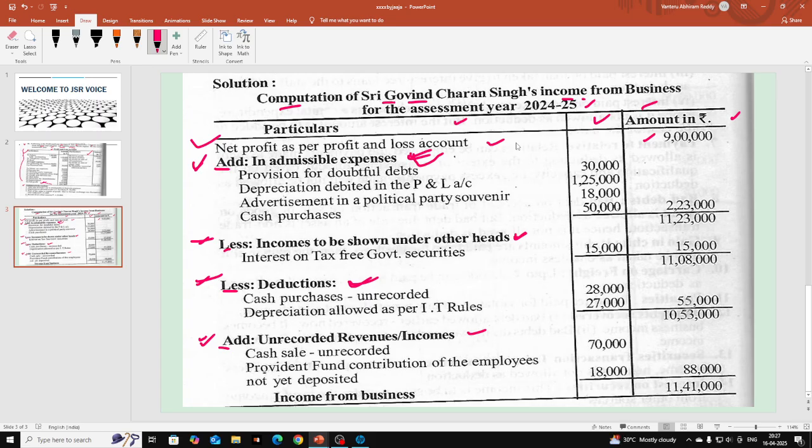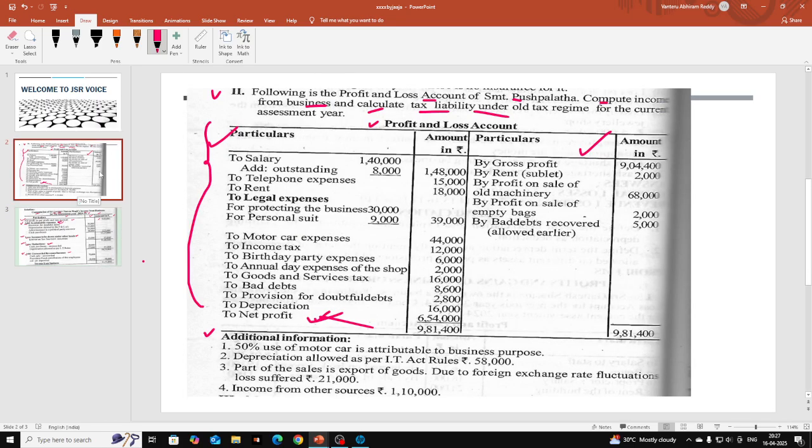Okay, so cash purchases also we should record under inadmissible expenses. Okay, so if there are any personal expenses related to the owner, those also we should record under inadmissible only. Remember all this. Okay, and next item is, if depreciation is there in the question on the debit side, and